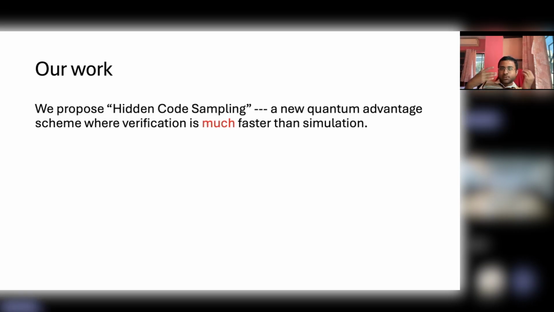So what do we do? Well, we propose a different type of quantum advantage experiment. Like I said, we propose hidden code sampling, where verification is